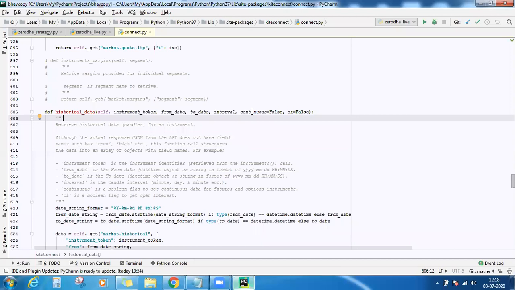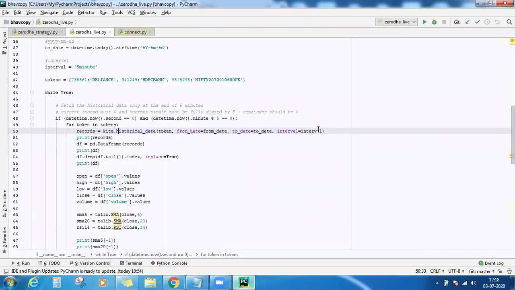So if it is a continuous future contract or only of the current month, or a continuous option contract or only of the current month, do you want open interest data as well in the historical data or not? By default the keyword argument is set to false. If you want the open interest data, you can use it like this.